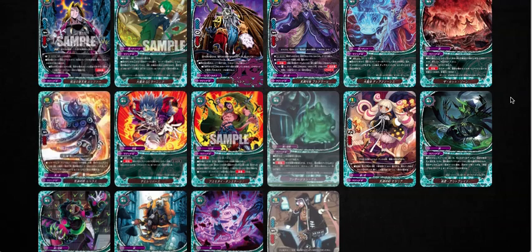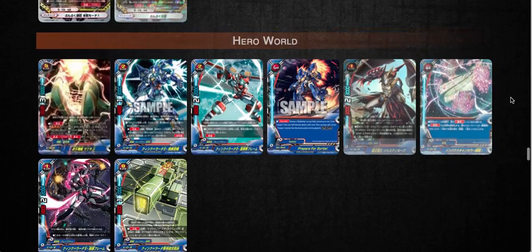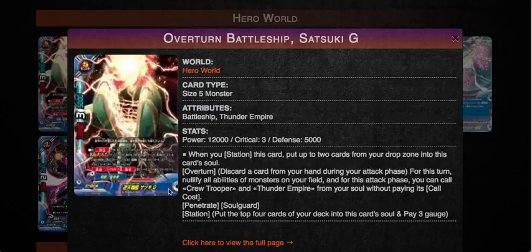Now moving on to my favorite world of all time, the Hero World. Okay, too bad Hero World doesn't have a lot of support in this set, and most of them is for Satsuki. Okay, we'll see the Satsuki G first. I've talked about it